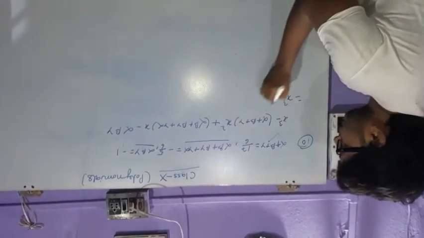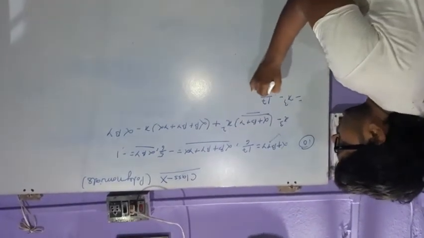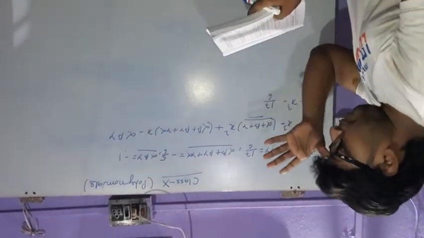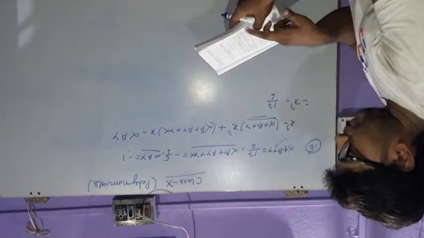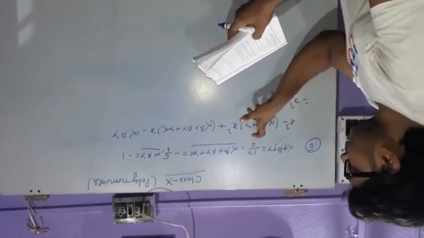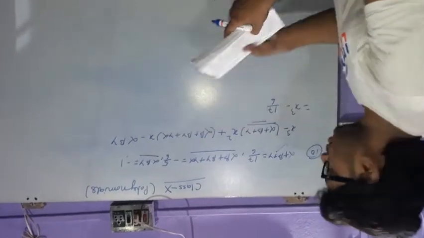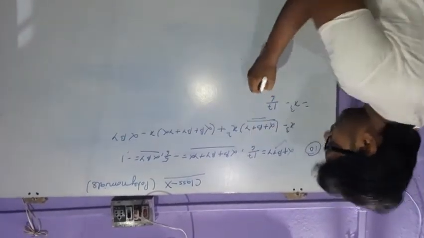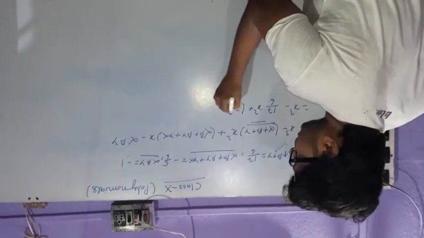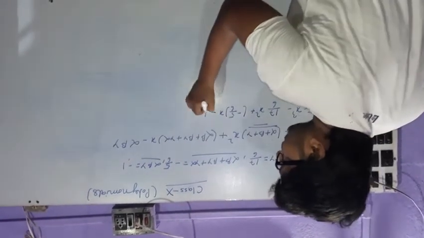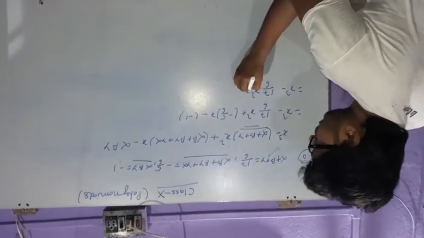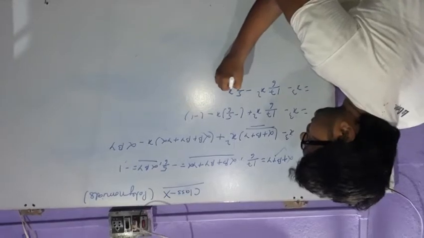So again x cube minus this term, which is already given. There is no need to find alpha, beta and gamma because they are already given. In the previous question the zeros 4, 1, minus 6 were given. But in this equation, alpha plus beta plus gamma is given, this term is given and this term is given. So we can only put in the values and you can easily get the answer: x cube minus 17 upon 6 x square plus this term, minus 5 upon 6 x, and this is minus 1.